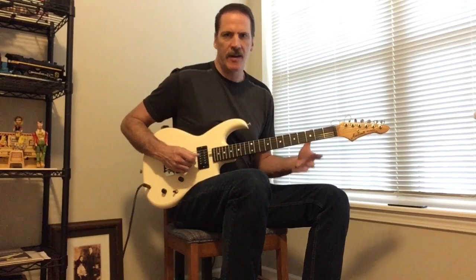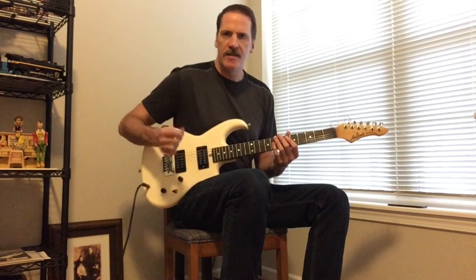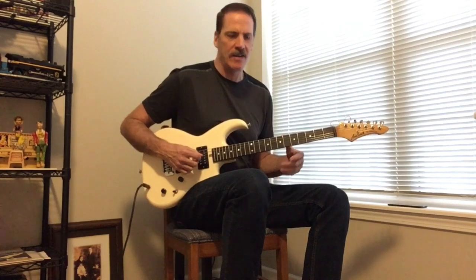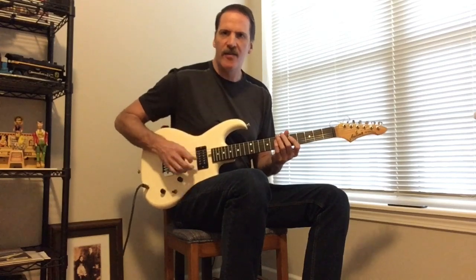That little legato lick is a great one, and it's a great one because you want to work on your timing. You want to make sure that that down-up is in time with the rest of the lick. You don't want to rush any part of the lick. A lot of times we'll rush the easy part, so we might go... We don't want to do that. We want to make sure it's...